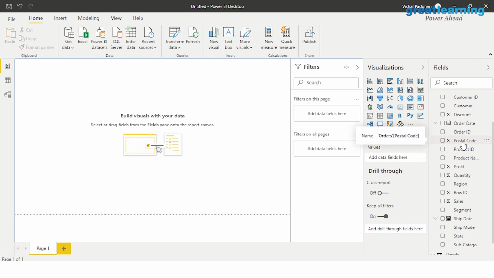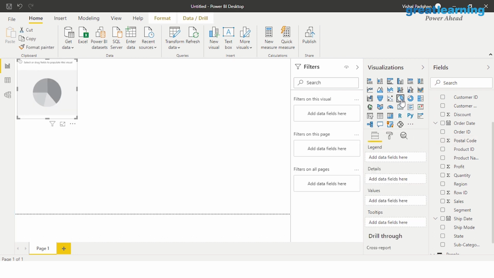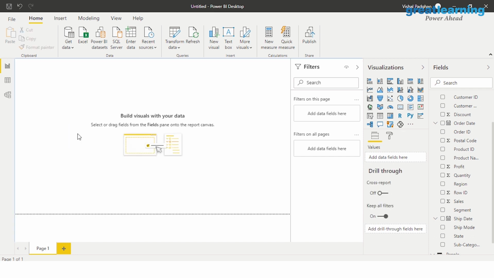The other is you can first select a visualization and put in values there, or you can first select values and then choose a visualization to meet your needs. By default, Power BI will suggest visualizations which it feels best represent a particular set of information. So you can choose either option.